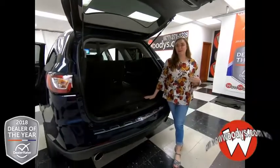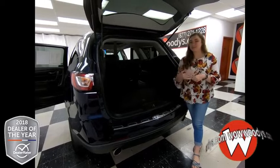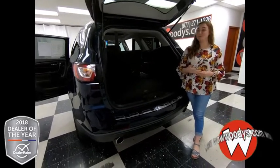So overall, great family vehicle. You have so many features in here. You have your heated cooled seats, that amazing media center, rear entertainment, sunroof,